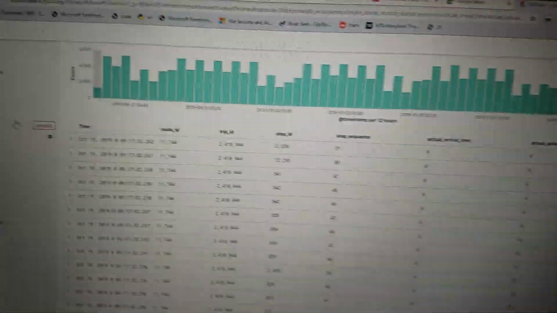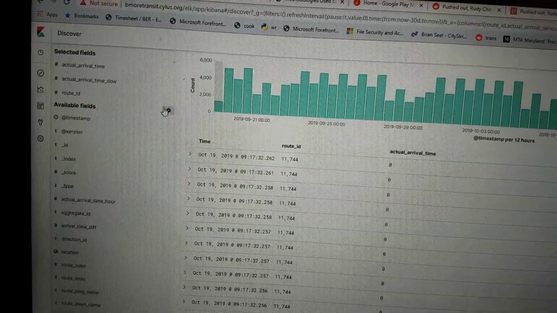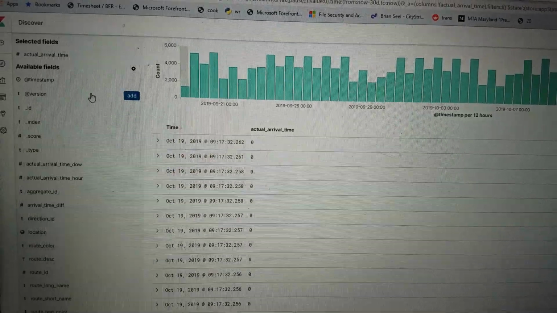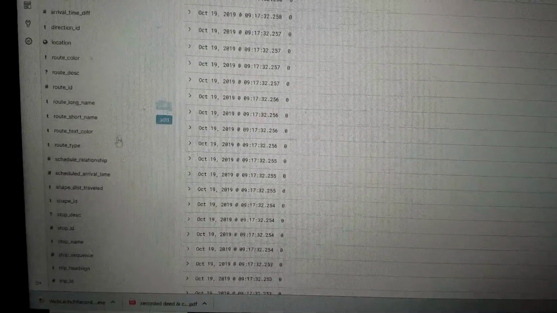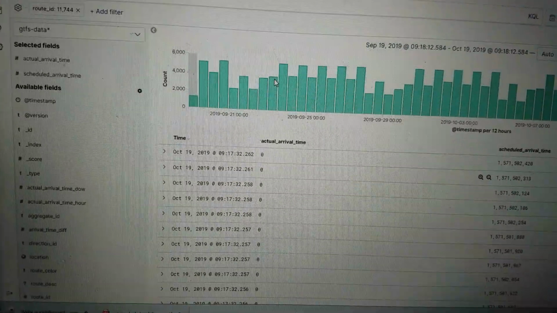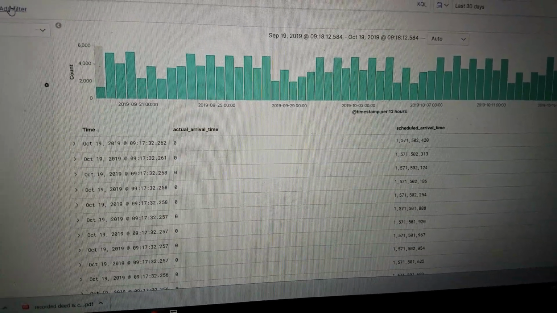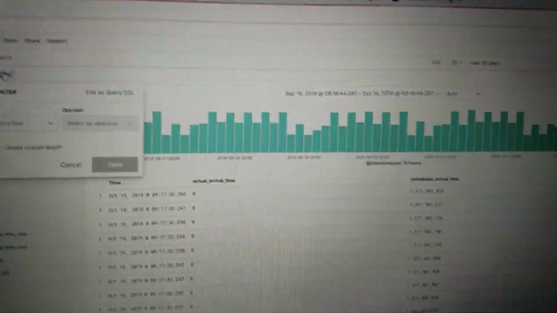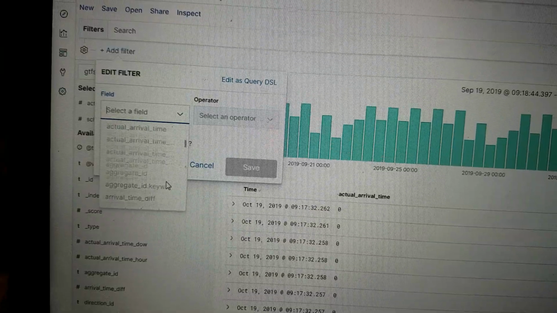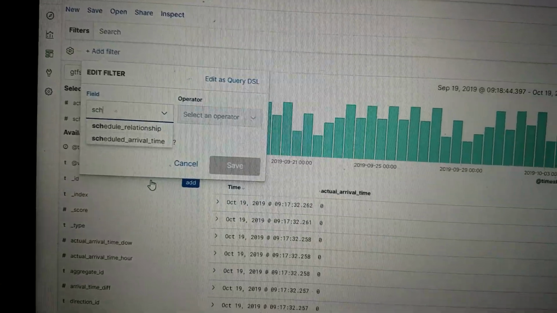So I'm going to go back over here. I'm going to remove the trip ID and the stop sequence and the stop ID and the day of week. So we now have the actual arrival time, and then I want to do the scheduled arrival time. So I believe if all these are 0, that probably means that these are canceled routes. So I'm going to remove the canceled routes by going to its schedule relationship,